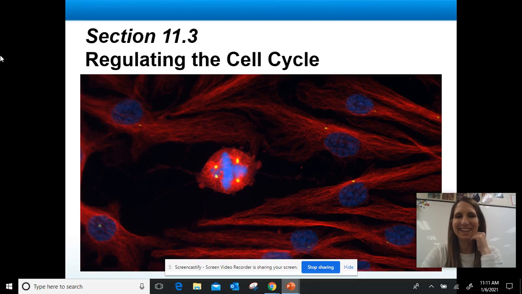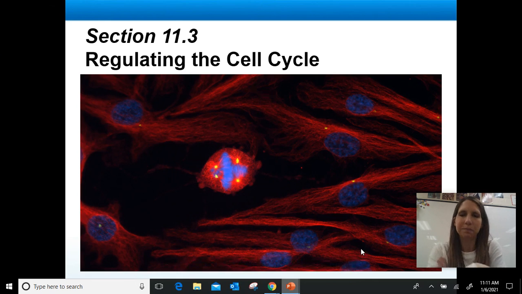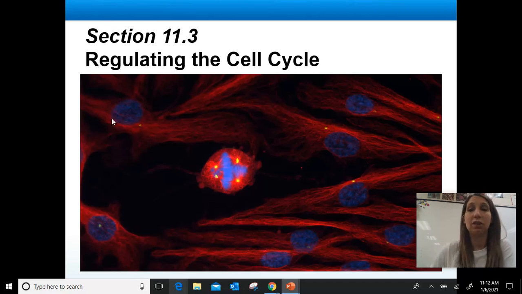Hey guys, today we're looking at section 11.3, which is called regulating the cell cycle. We're going to look specifically at exactly how checkpoints in G1 and G2 function to allow a cell to know whether or not it needs to go into either synthesis or mitosis. And we're going to talk about the proteins and hormones that are especially responsible for that type of regulation. And then also we're going to look at exactly what happens when regulation goes awry and things don't